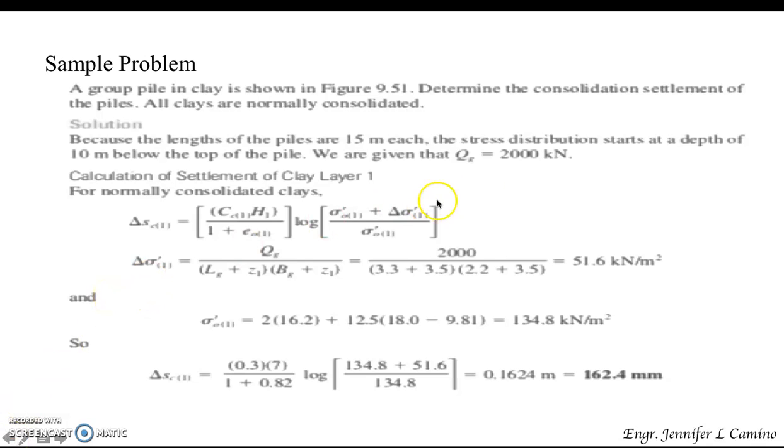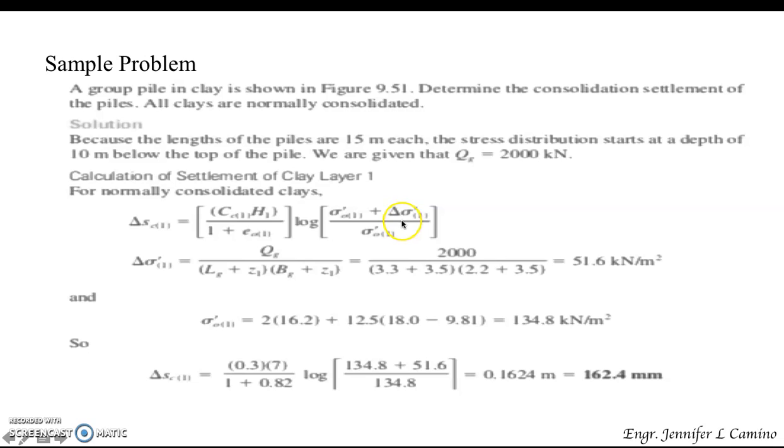And we are given our Q sub G, which is the load acting on the top of the pile, which is 2000 kilonewton. For our calculation, let us calculate first the settlement at layer 1. So this is normally consolidated clay. So this is the formula that we will be using. So first, for layer 1, you have to get the value first for our